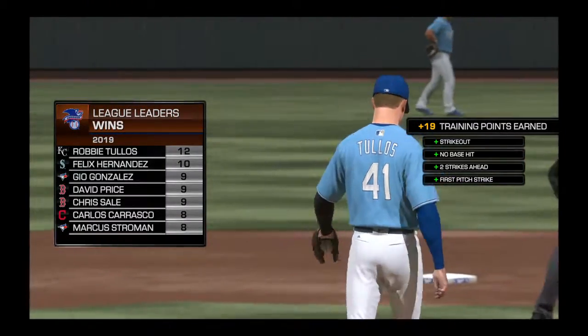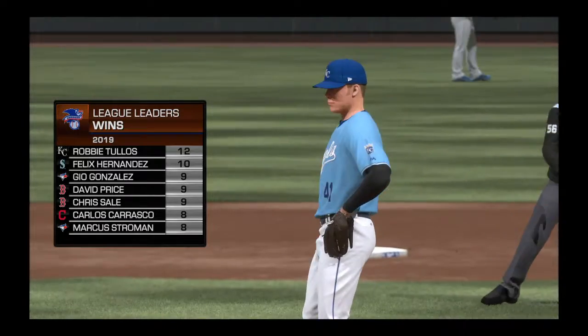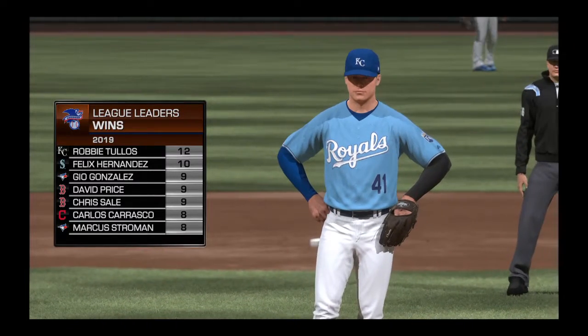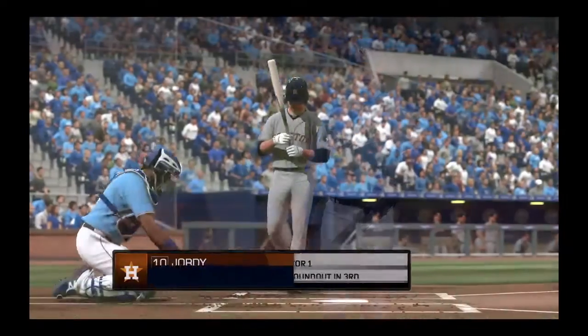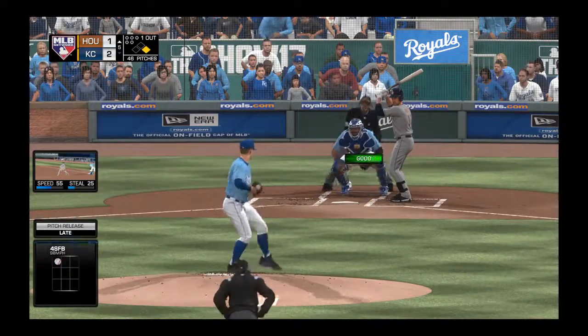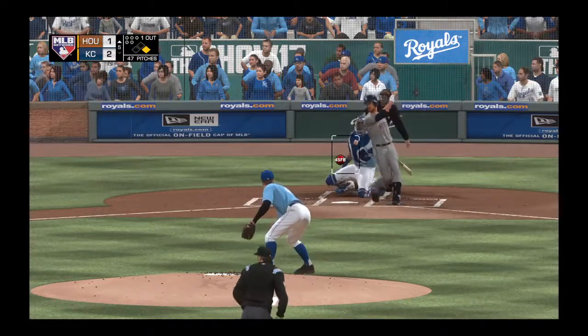Well, it's still early, but it's also worth noting that he'd be in line for the win if this keeps up as we take a look at the league leaders in games won this season. And as you can see there, he currently leads the AL in that department. Now batting, third baseman,